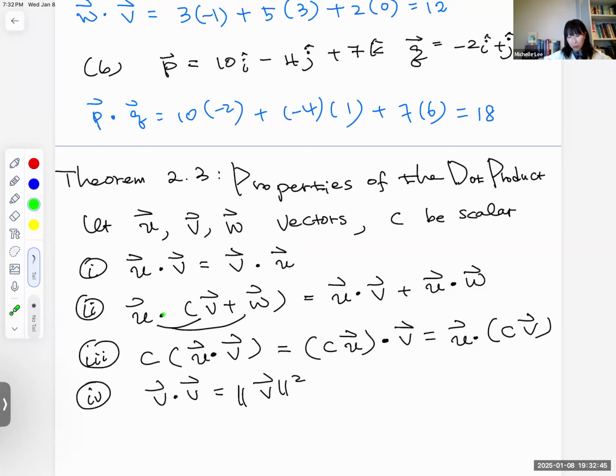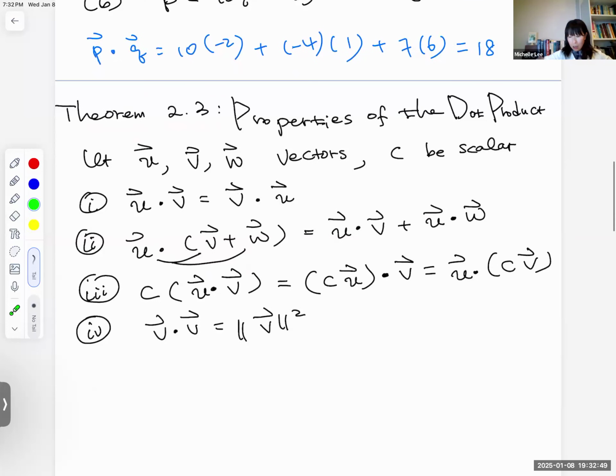And if we have a dot product, then we can distribute. All right, so the third one, we have a dot product where we multiply by the scalar, right? Then we can express,